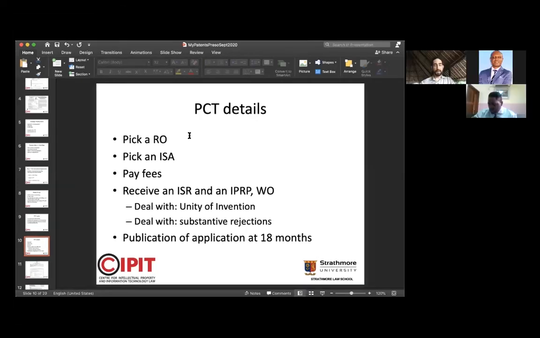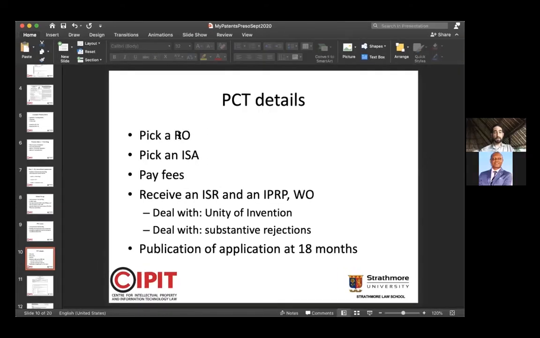E-services is a repo. Anyway, they have an online system, and you can file it online. So the receiving office, the RO, is either Geneva, what's called the International Bureau, or KIPI. You also have to pick an international search authority, an ISA. The International Search Authority will do the search, amazingly enough. They will be the patent office that you designate to do the international search during the PCT